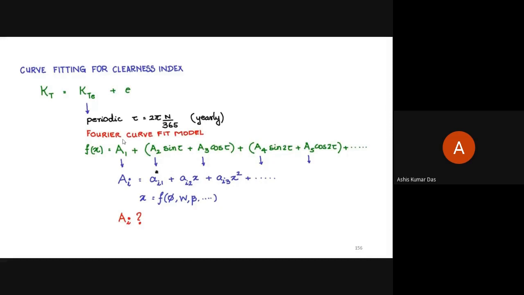However, if you want to find the clearness index of a place for which the measurement has not been done, in such a case, how do we go about finding the clearness index? That means, say, if you have no data for the clearness index of Pundibari, but you have the clearness index of, say, Kacharimore, Cooch Behar.